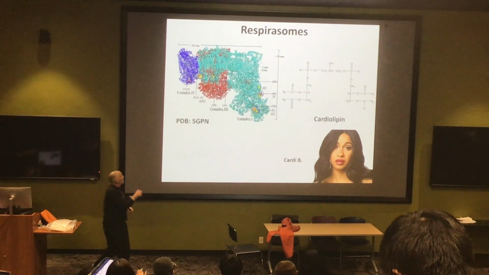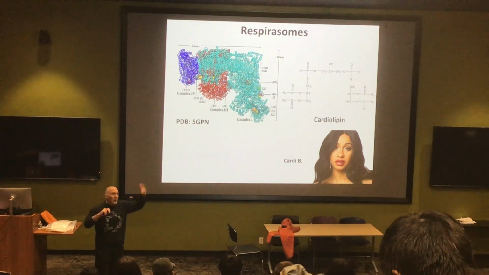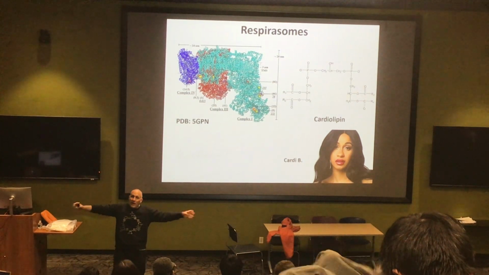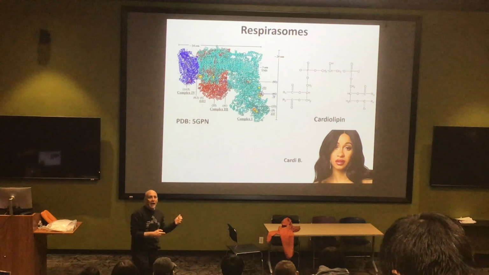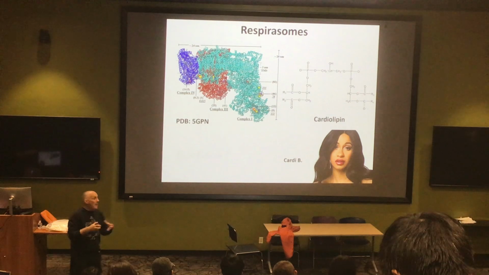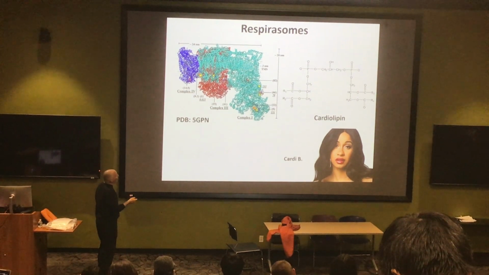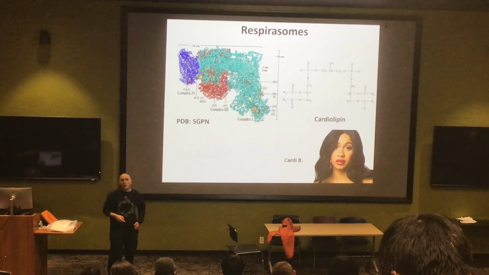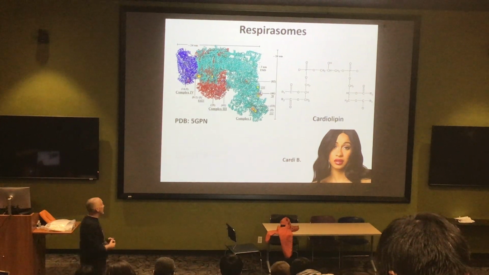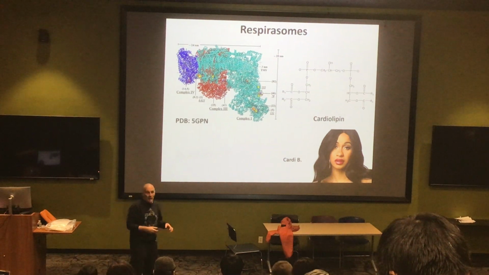And that is because if you look in the membrane, despite my picture that I showed you here with 1, 2, 3, and 4 all lined up, these complexes are not spread out over the cell membrane. Complex 1, 3, and 4 are actually in these structures that are known as respirasomes. They are sitting right on top of each other, packed together. And what is actually holding them together, complex 1, 3, and 4, is this lipid here called cardiolipin. We talked about this a bit last semester. It's a major component of the inner mitochondrial membrane lipids. It's actually acting like a belt, holding all of these complexes together in one place.